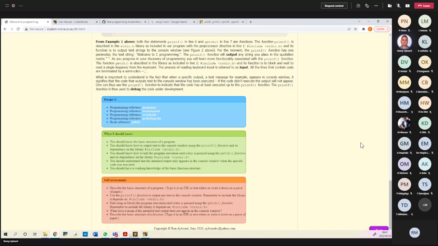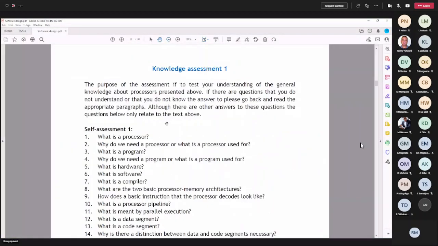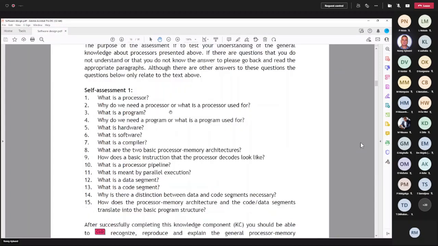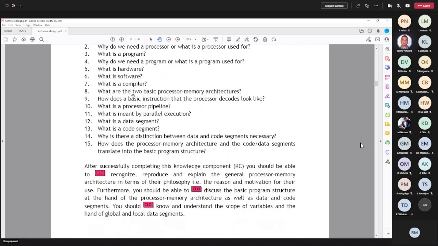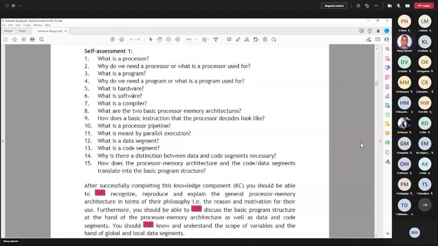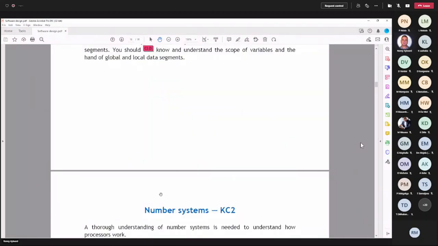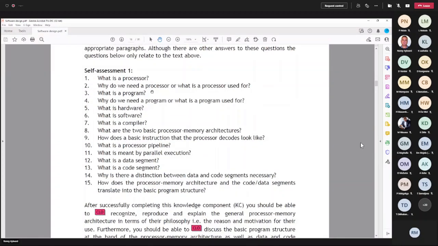And then in terms of the little booklet that I've written, there are some assessments with things that you should know. So for knowledge component number 1 and knowledge component number 2, the two things that we've already touched on, my question is, do you know all these answers?